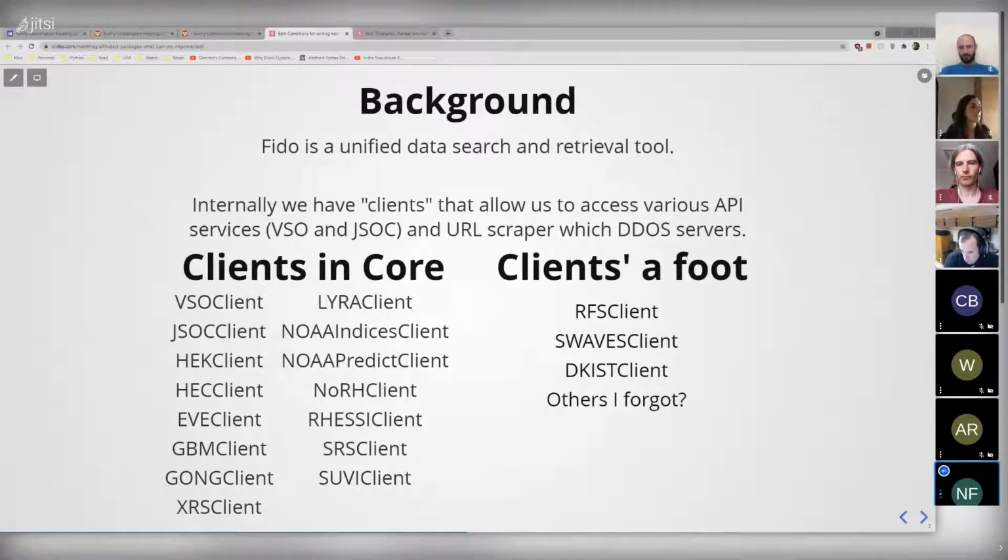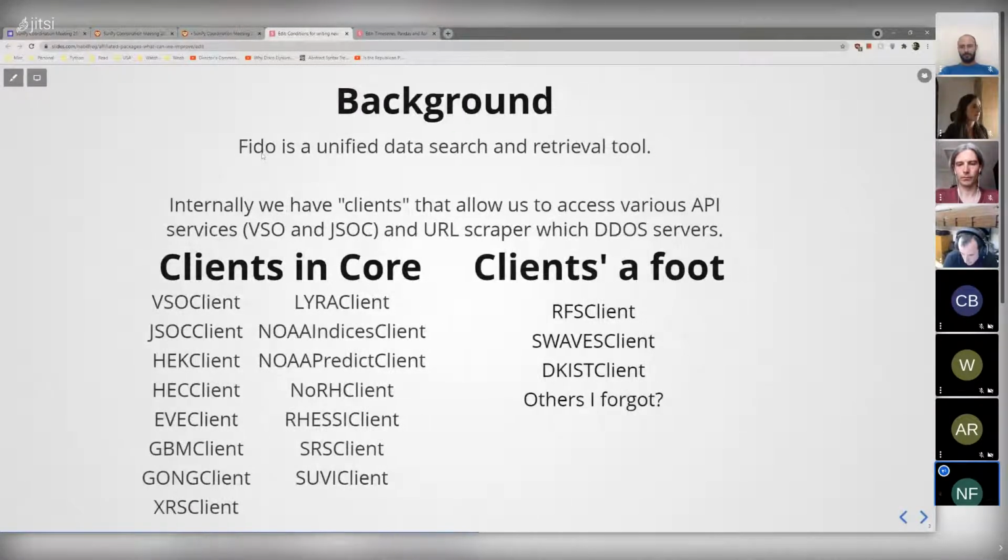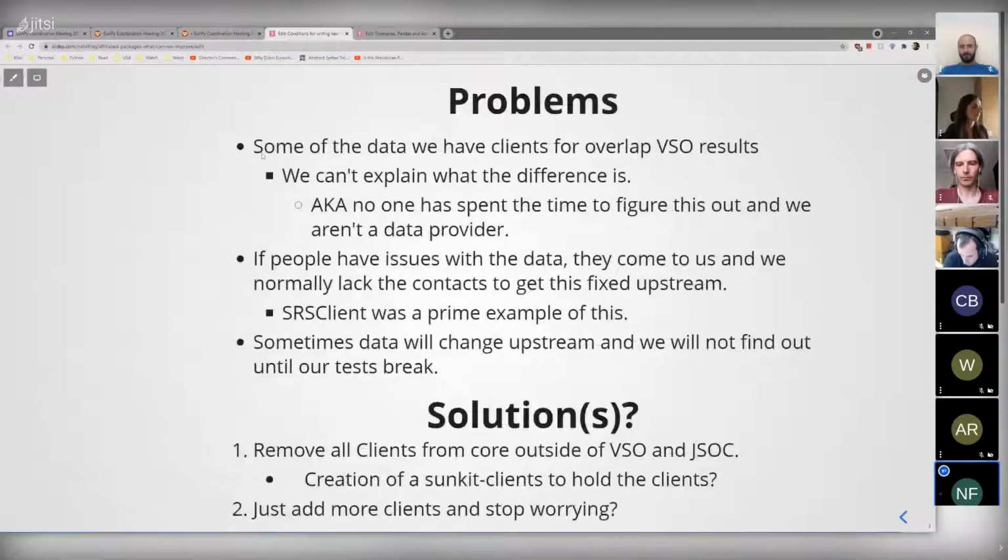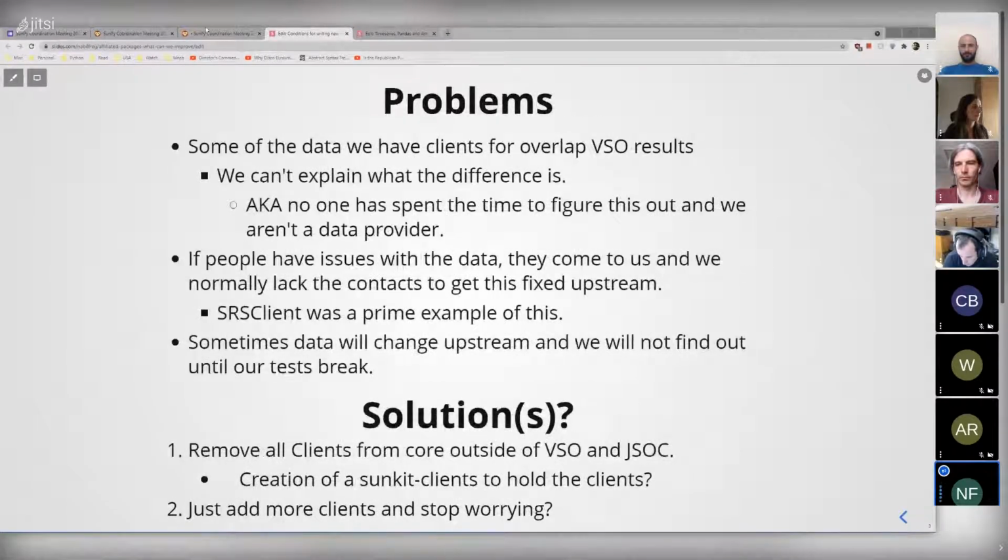And so, obviously, we now allow the community to write clients using our infrastructure. But the issue that has cropped up is that as the VSO has expanded, some of our clients now return repeat data from the VSO. So we are now overlapping with VSO results in a way that might be